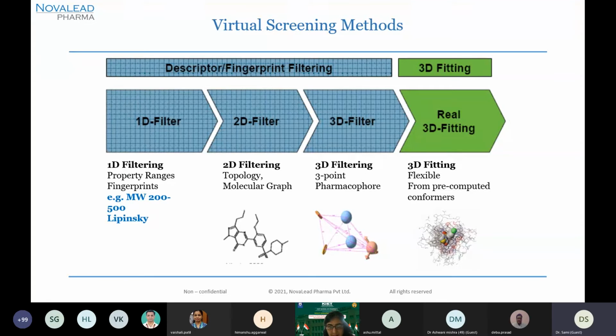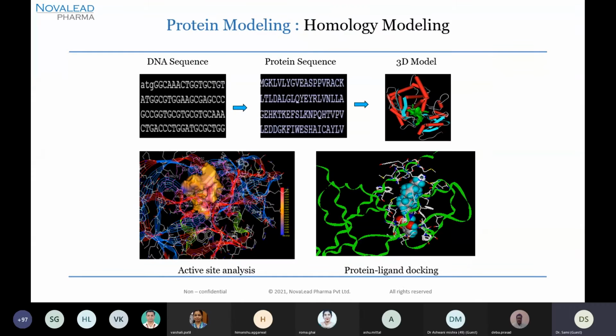This is actually more about virtual screening. As I told you, whenever we are talking about prediction or screening of molecules, these are the kinds of properties that we talk about. There are 1D properties, like property fingerprints, molecular fingerprints, for example. This is all one-dimensional. Then you can have two-dimensional, that means we are talking about topology, molecular graph, and all of that. Then we talk about 3D. Pharmacophore is the best example of 3D properties, that is in three-dimensional space. The actual molecular docking and the binding studies are all in 3D. And then further to 3D, you bring in conformations. I'm not getting into those kinds of complexities, but basically what I'm trying to say is that virtual screening is a very important component in doing drug discovery.